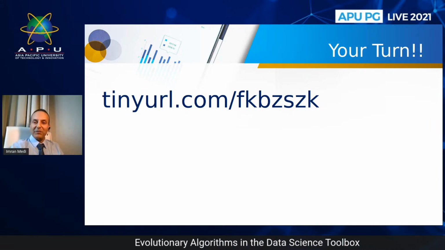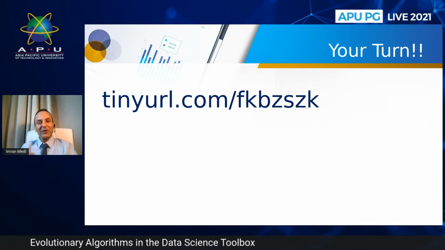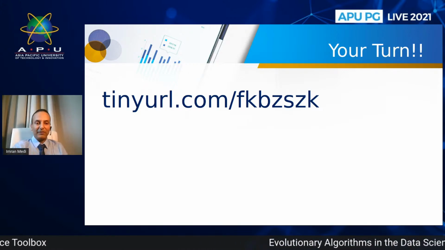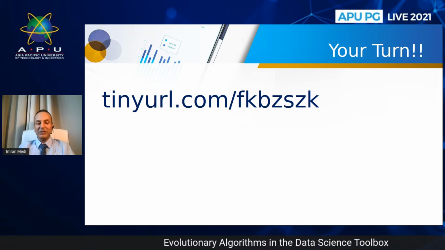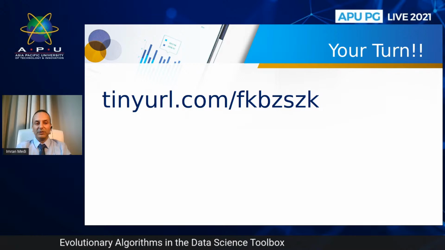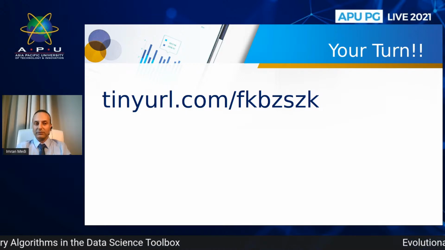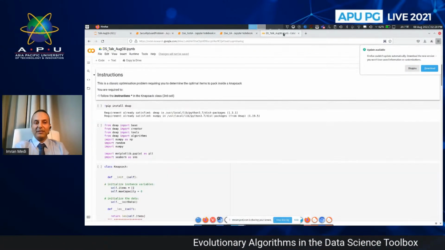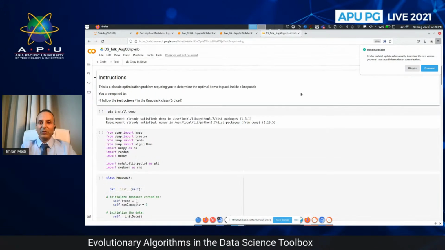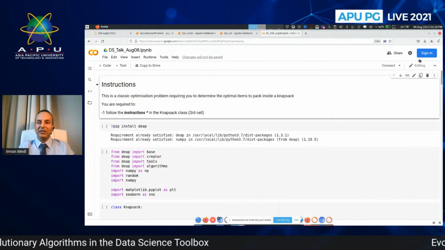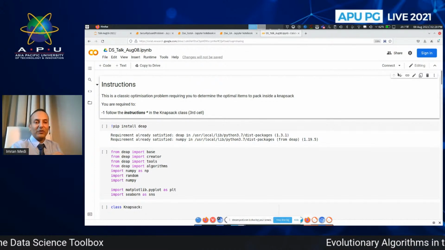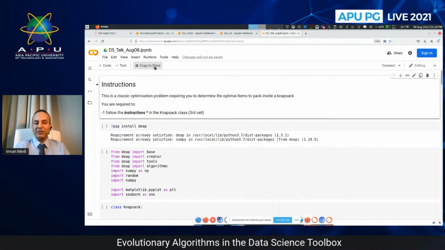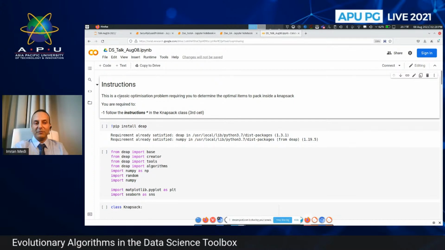Okay, so I have a link over here, and I'd like you to have a go. Not now, just take a picture or grab a quick copy of that link. It will lead you to this site over here. So I'll just give that 1 second. Okay, that will take you to this bit of code I have here. You'll need to log in with your Google account on Google Colab, and then click on this bit here, which is copy to your drive. Once you've done that, I've got a simple set of instructions here.